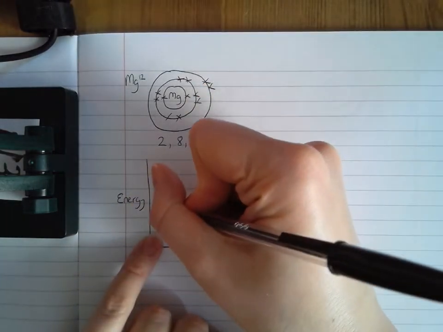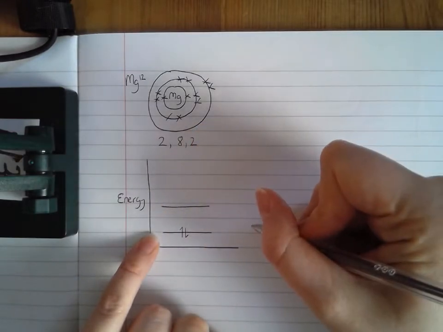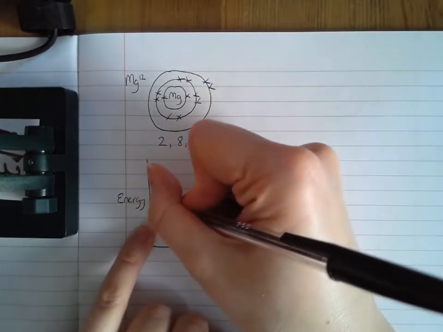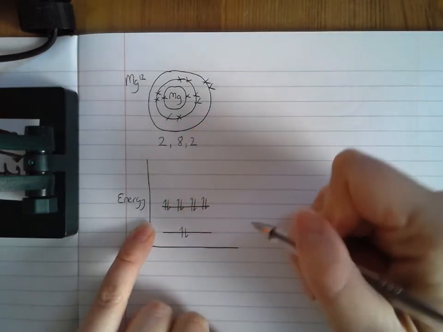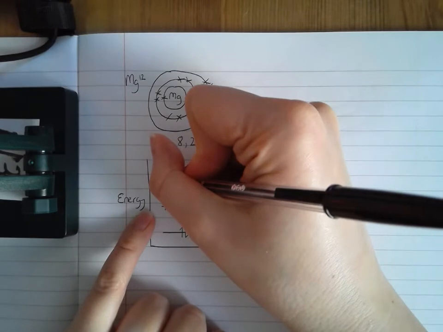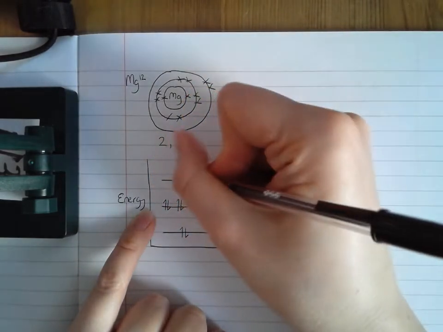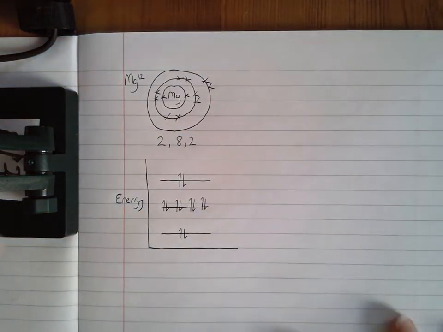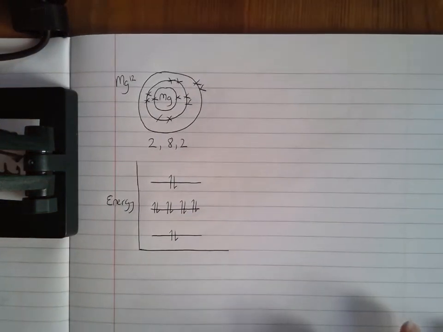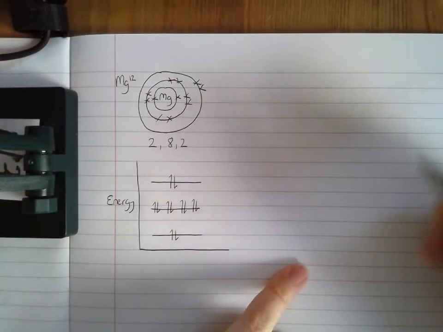The second shell is further from the nucleus. It represents a higher energy level. And within that shell, I have got 8 electrons. And when my second shell is full, I move up to a third shell, which is higher in energy. And into that, I put another 2 electrons. If I am to draw a similar diagram using the A-level orbital model,